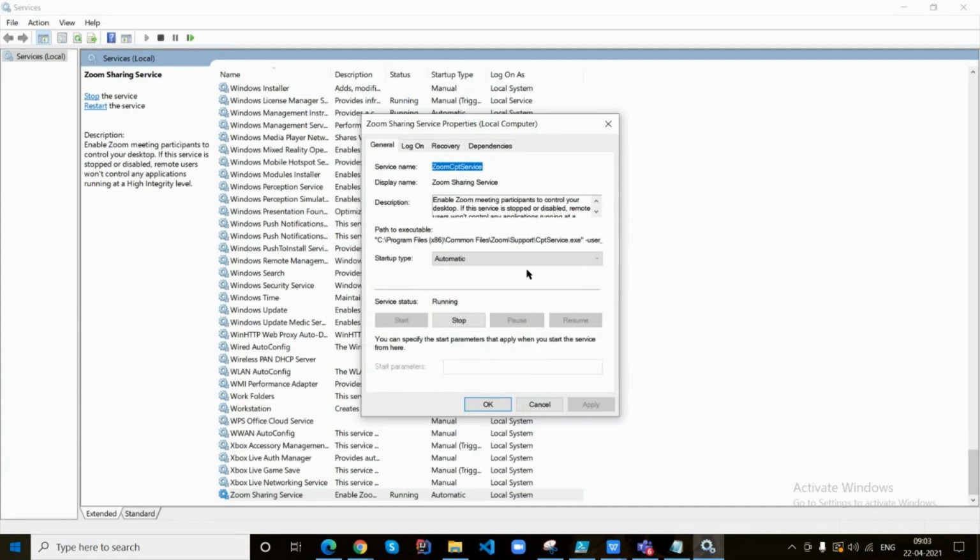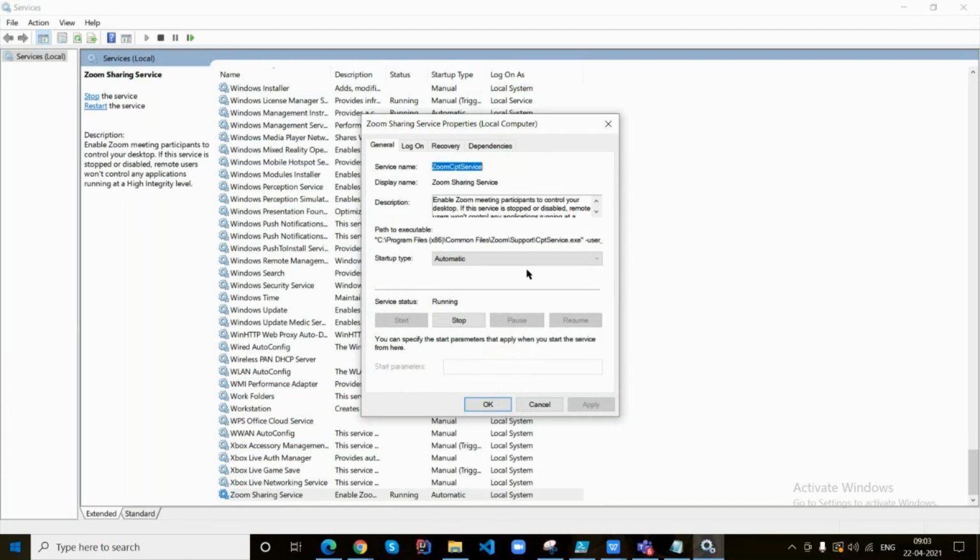Here I have tabs like general information, login information, recovery information, and dependencies information. In each and every tab, I have some other parameters like service name, display name, description, path to executable, startup type, service status, right?